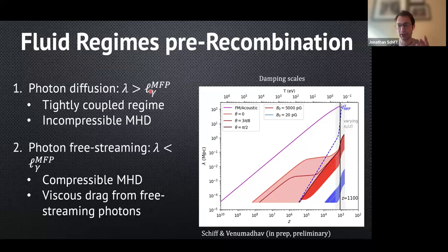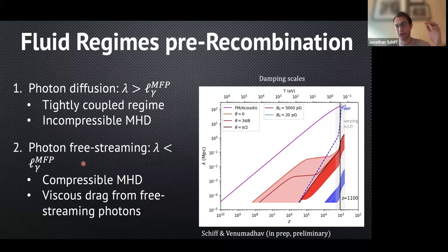In the regime in which they're tightly coupled, you now have the pressure support from the photons, and the relativistic equation of state, c_s squared is like 1/3, means that you have huge amounts of pressure, and the Lorentz force for reasonable field strengths is not going to be able to compress the fluid. So initially you have incompressible MHD, and in order to modify recombination, we need to source clumping. The way that ends up happening is eventually, if a mode falls below the mean free path of a photon,